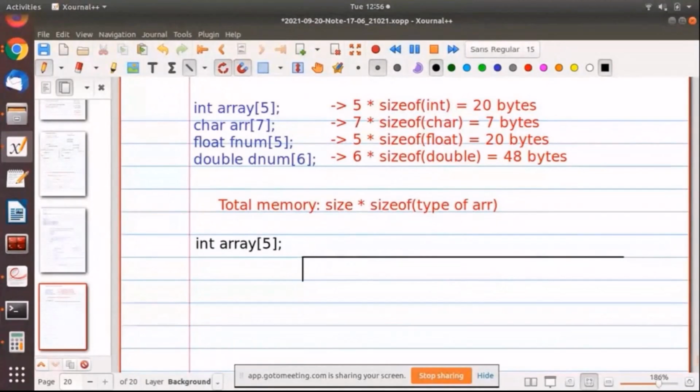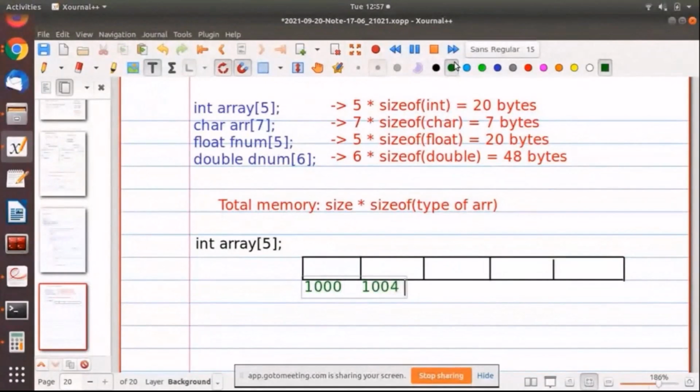So I'm storing 5 integers. So each integer takes how many bytes? Correct. So each integer takes 4 bytes. So if the starting address of the array is 1000, where will be the next element present? Assume this is 1000. Yes. Each of the elements uses 4 bytes. So it is 1004, then 1008, 1012,